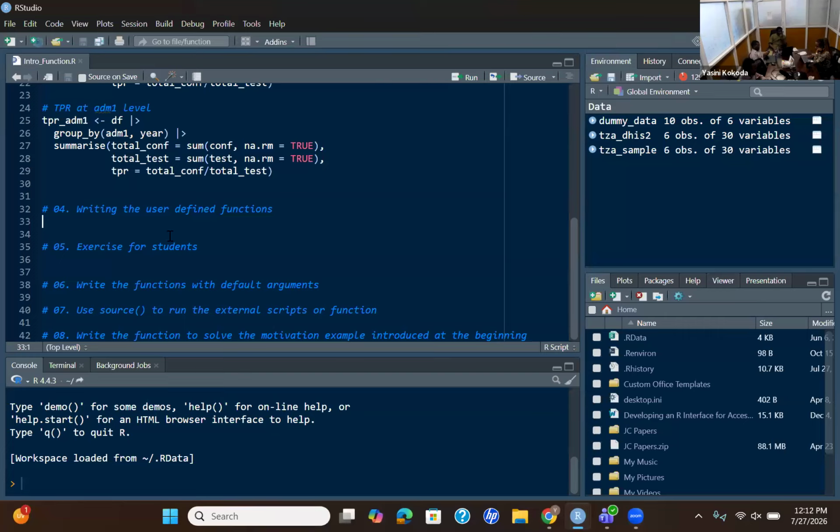So as we mentioned, we are now going to see how to write our own function, and we'll start with simple functions.